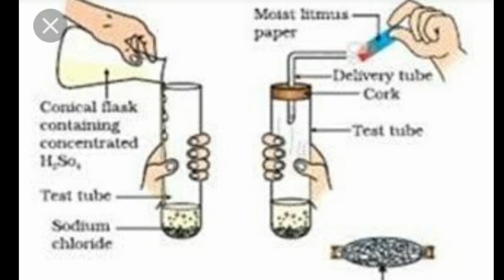Now first we will bring a completely dry blue litmus paper and hold it near the open end of delivery tube. We observe that there is no change in color of the blue litmus paper. Now we hold a moist blue litmus paper in front of delivery tube. It means this blue litmus paper contains water. So we observe that this wet blue litmus paper changes its color to red, which is done by an acid.